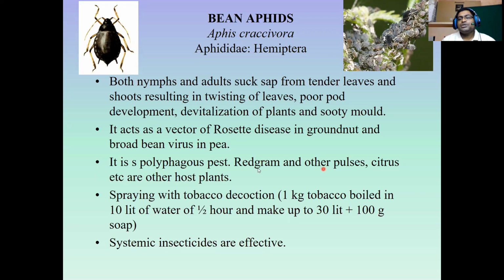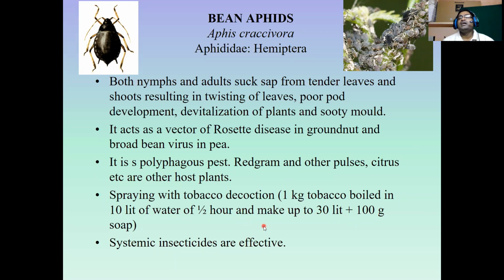So polyphagous, so in any other crops it can also act. You can use spraying of tobacco decoction. So tobacco boiled in 10 liter of water, half of it, and then make up with 30 liter plus 100 gram of soap solution. So we call it a tobacco decoction. This consists of neonicotinoids. If you are applying that one, you can kill partially the aphids, but